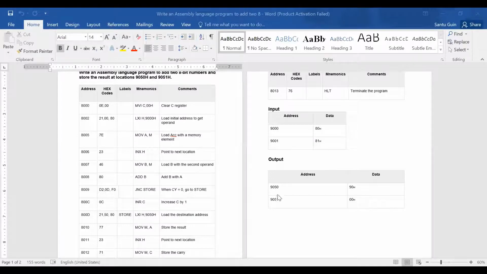In these two consecutive memory locations, the first memory location is for storing the sum portion, and the second memory location is used to store the carry. Okay. Now,